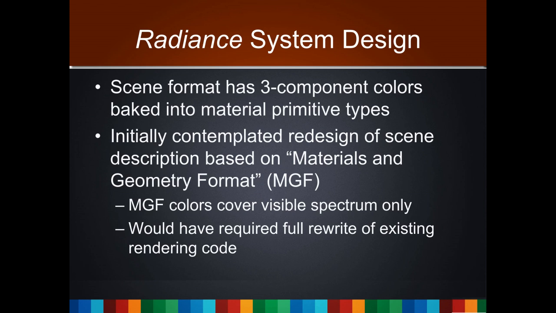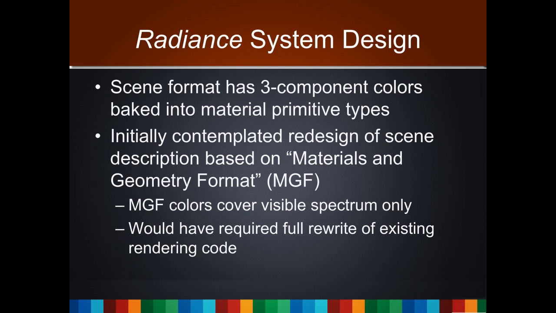So the design of Radiance has these 3 component colors baked into all the material primitives. And if we were to increase that number, as I had originally thought I might be doing, that sort of breaks all scene inputs. So it's not a good solution. And part of the reason that hyperspectral has been so long delayed is it couldn't come up with a simple way to do it. I was contemplating initially